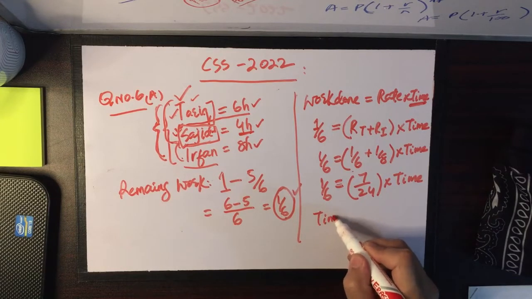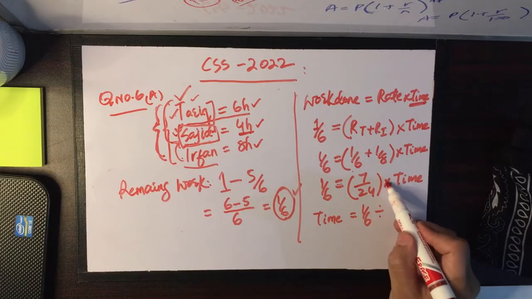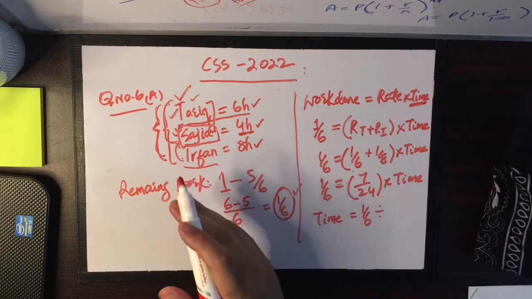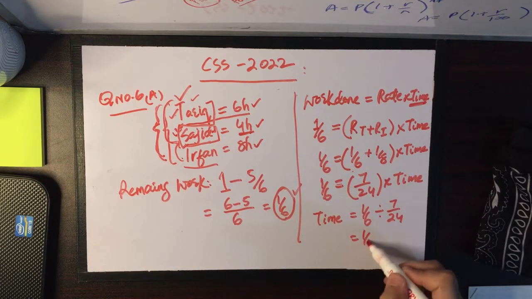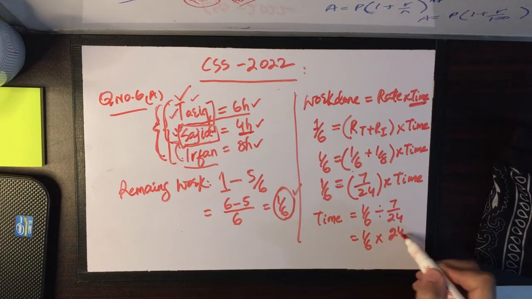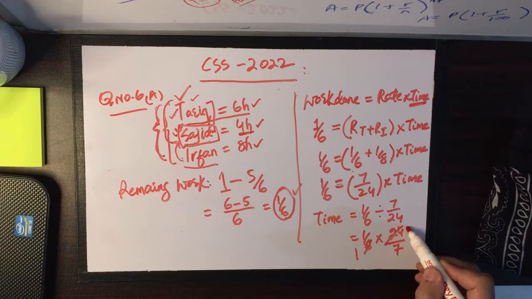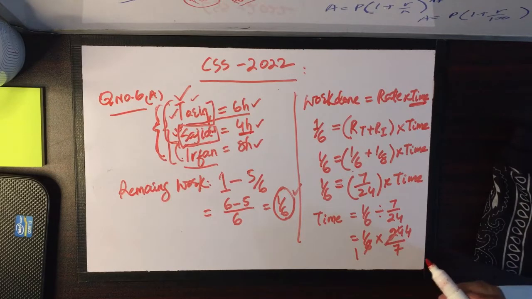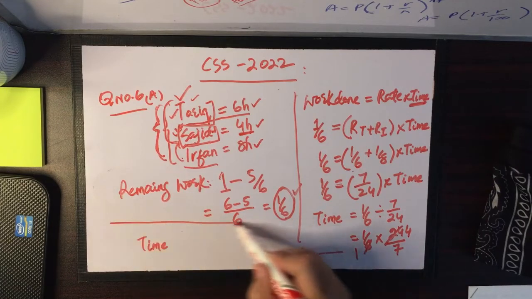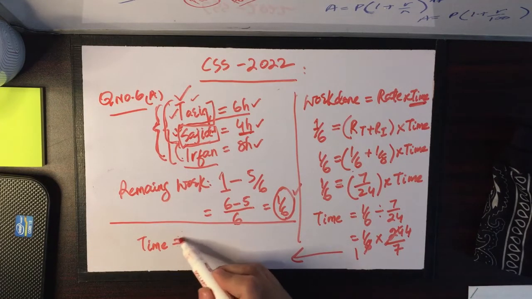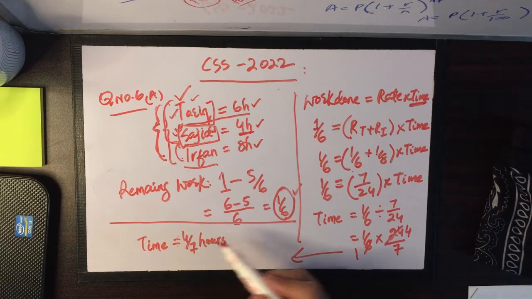So time would be 1 over 6 divided by 7 divided by 24. This is in multiplication with time here. If we shift it to the other side, it's going to be in division, divided by 7 divided by 24. 1 over 6, we take reciprocal, 24 would be the numerator while 7 would be the denominator. 6 1s are 6, 6 4s are 24, alright. Time would be 4 divided by 7 hours, and if we divide 4 by 7, it's going to be